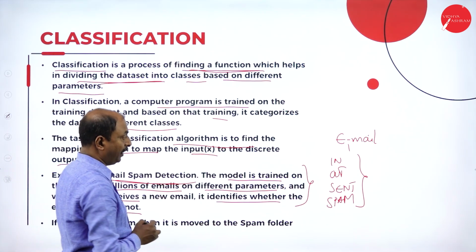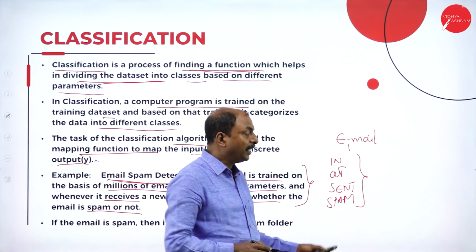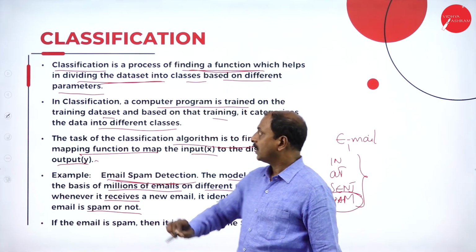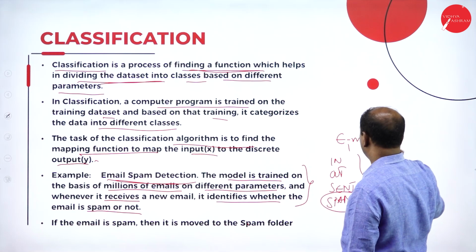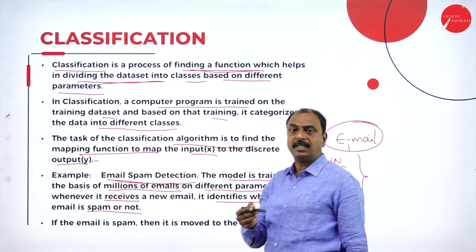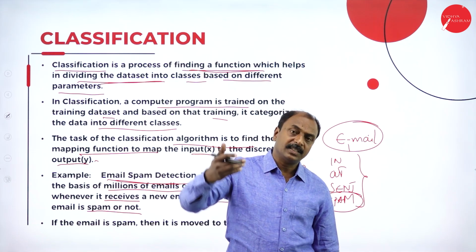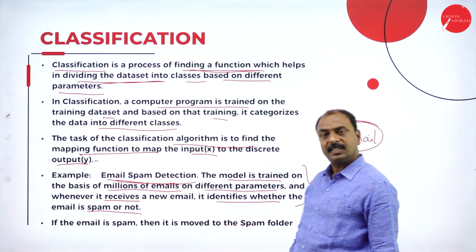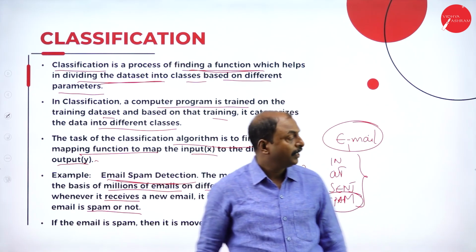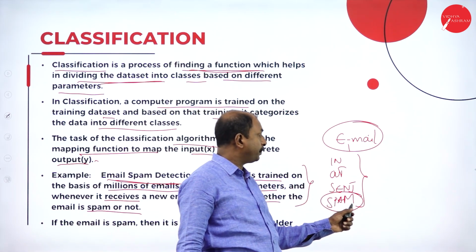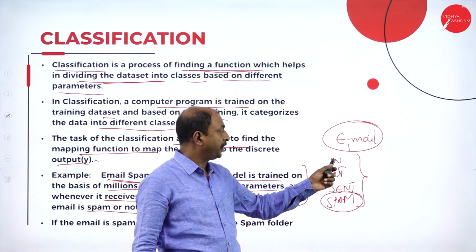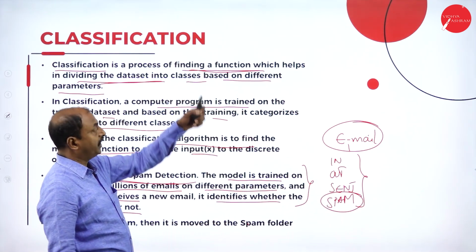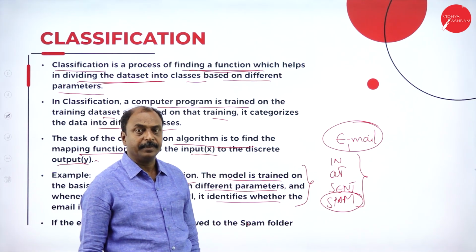If there is any spam mail in your email box, it directly goes to the spam folder. That is based on classification. You can take the emails as a data set, which we are classifying into a number of subcategories based on the features. Spam mail goes to spam, all mails coming in go to the inbox, and any mails you have sent go to the outbox. All these are examples of classification under supervised machine learning.